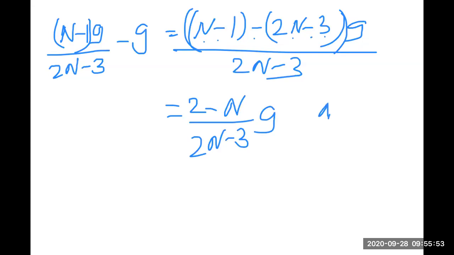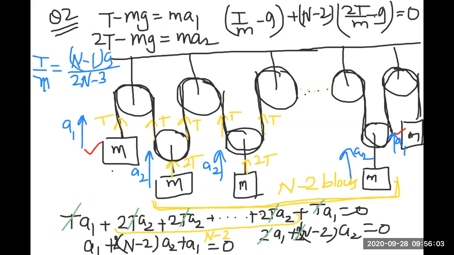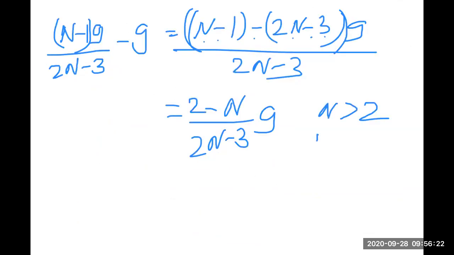Now we know that n is greater than 2, right? मतलब ये तो हमें मालूम है कि n is greater than 2, बिकॉज अगर n लेस देन 2 होगा तो ये सिस्टम एग्जिस्ट ही नहीं कर सकता। n इज द टोटल नंबर ऑफ ब्लॉक्स। वर्स्ट केस सिनारियो, एक ब्लॉक इधर है, एक ब्लॉक इधर है, बीच में एक टंगा हुआ है। n इज इक्वल टू 3 तो मिनिमम है, मिनिमम वैल्यू ऑफ n इज इक्वल टू 3, then this